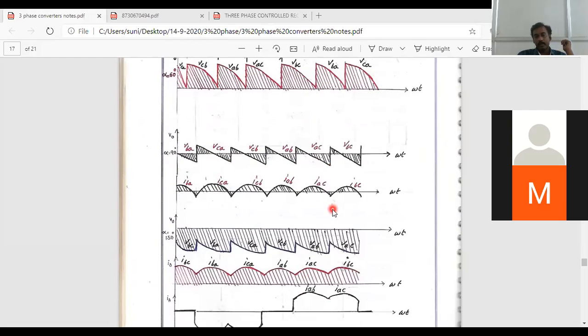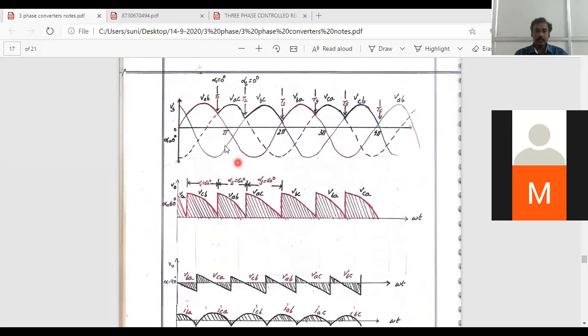Okay, if alpha is chosen to be of greater than 90 degrees, you are going to have an output voltage mean, that is going to be the complete reverse voltage. As we considered, whenever the reverse voltage is going to be considered, the converter is considered to be operating in the inversion mode. Okay, so once check these waveforms here.